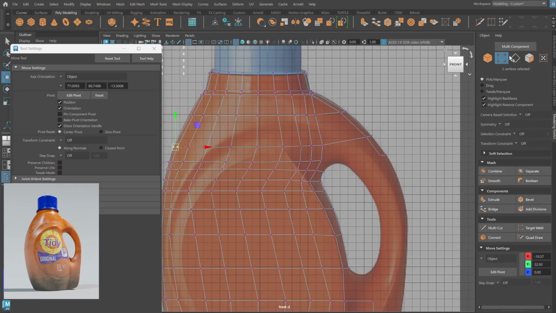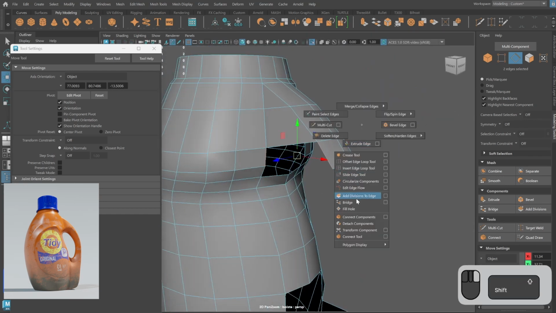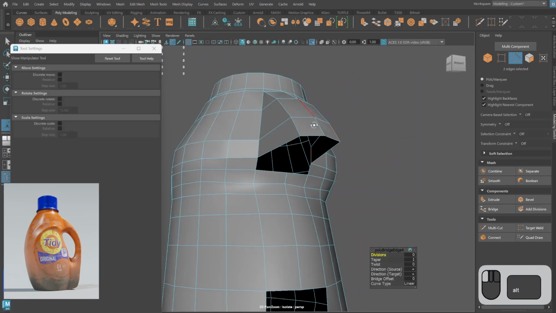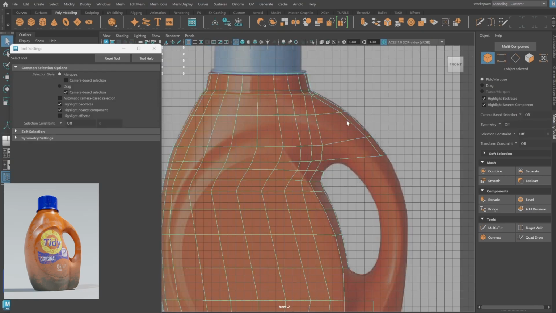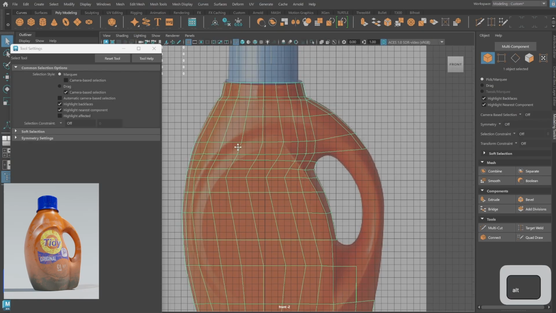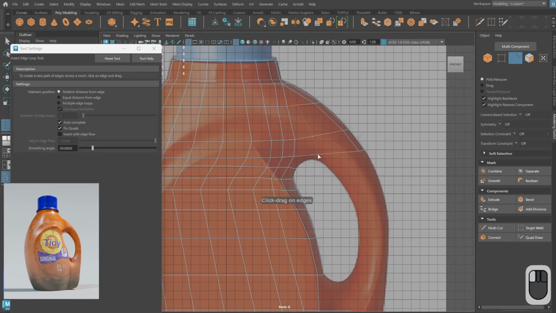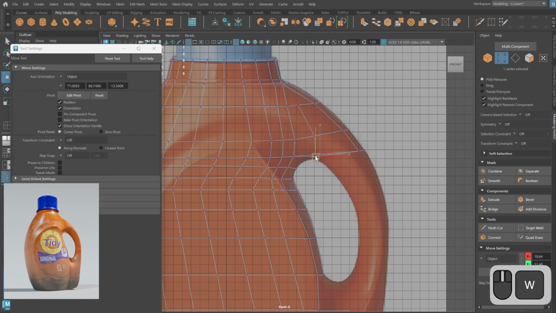We can also continue to bridge the handle, making sure that we close off these open areas. So again, to get to the bridge, you'll want to select the two edges you're bridging, hold shift, right click on your mouse, and you should see bridge down in the bottom menu. The overall front shape of this bottle is looking alright, so let's continue to insert edge loops to further the shape of our bottle. As I continue to select edges and bridge them,